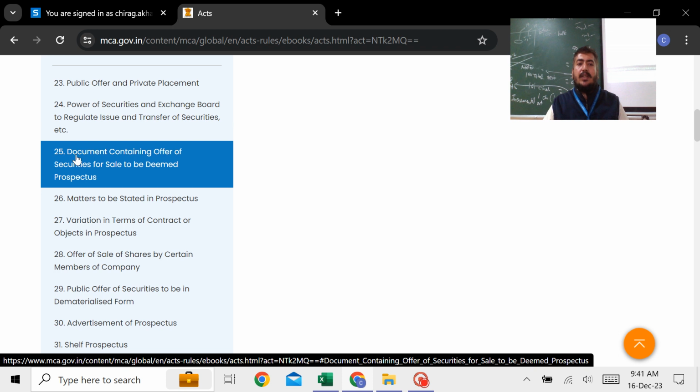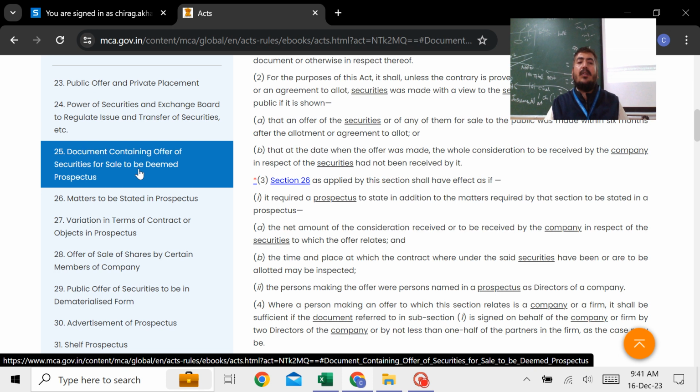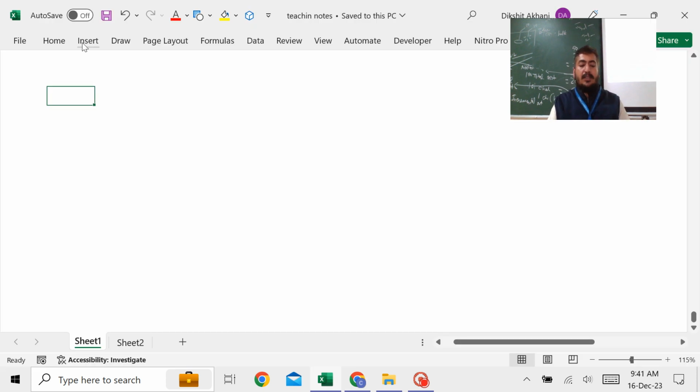Now 25, as you can check, it is written: the document containing the offer of securities for sale to be deemed the prospectus. Now if I ask what kind of questions they can ask in the exam, the first question they can ask is that explain the provisions